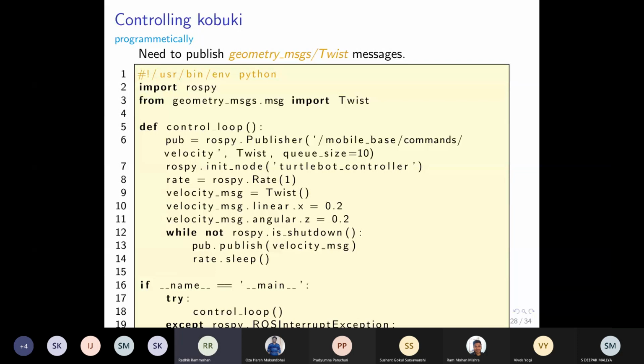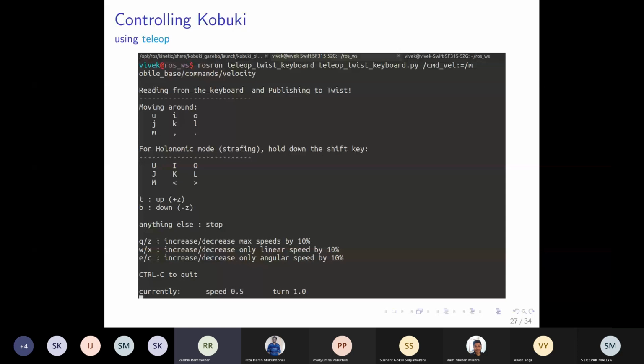Okay. And if you see that previous command where you are activating the keyboard based control, I have a doubt in that syntax. Can you go to that syntax? Here it is command_velocity, and there is this colon and equal to, and then mobile_base/command. So why is it like that?